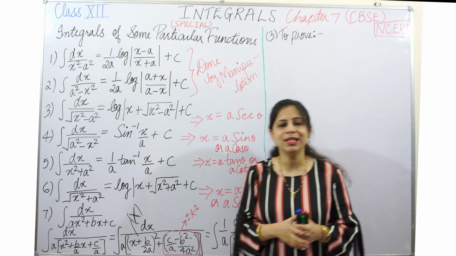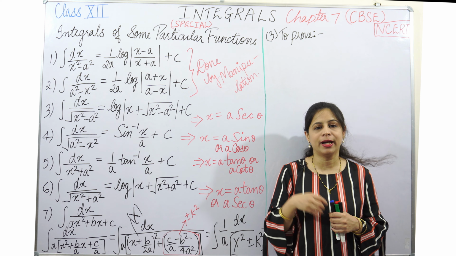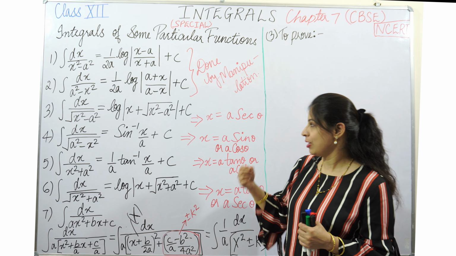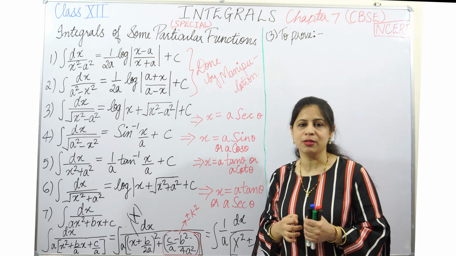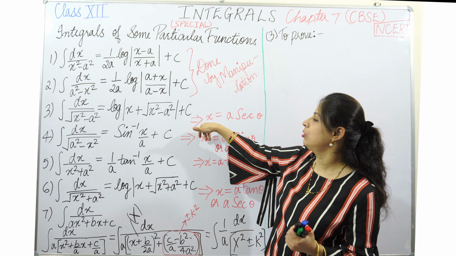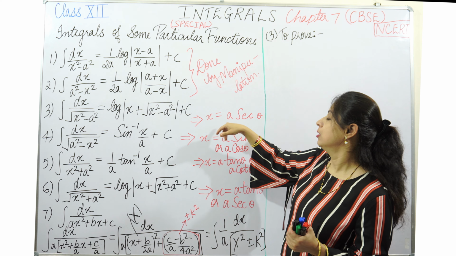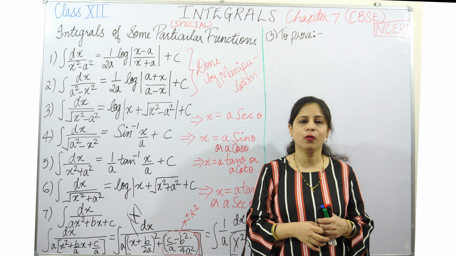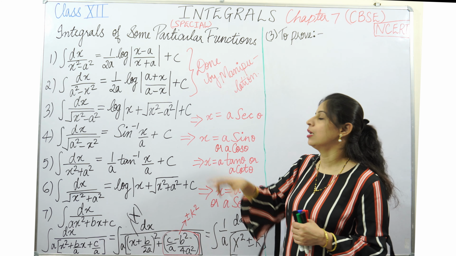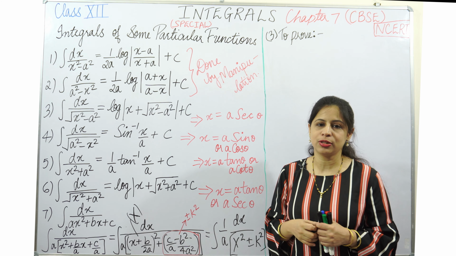Okay, so the integration can only be achieved by some trick, and the trick is the special substitution. The substitution that should be kept in mind is that we should substitute the value of x to be a sec theta. When we substitute the value of x to be a sec theta, then only we can do this type of